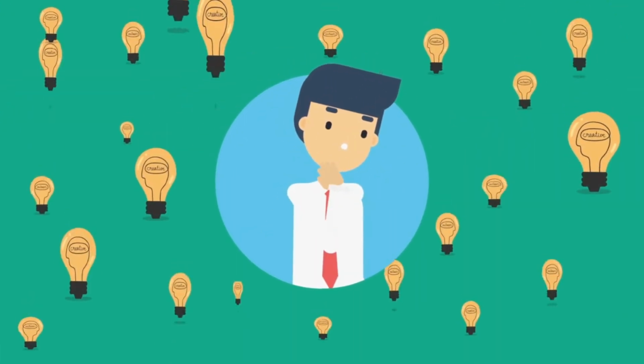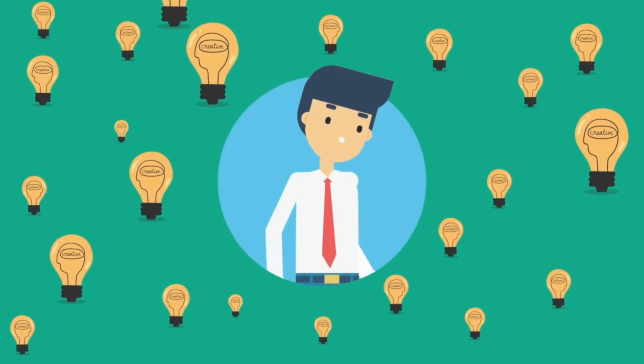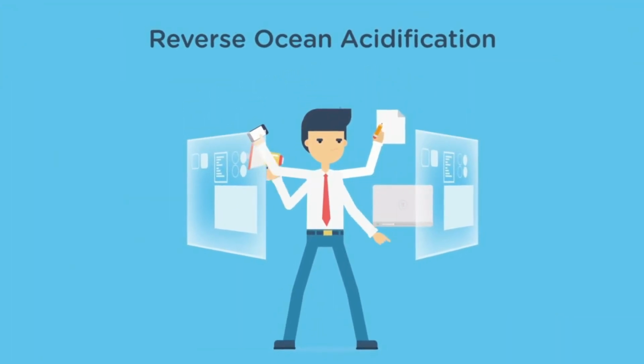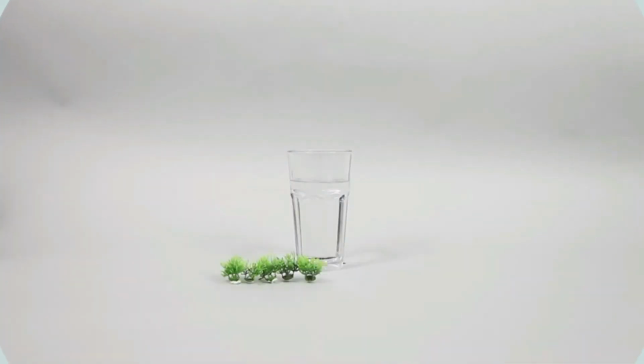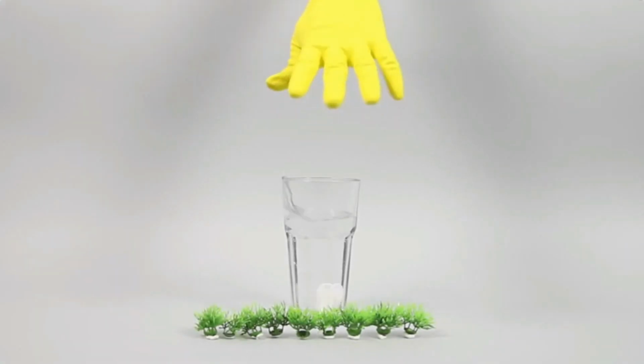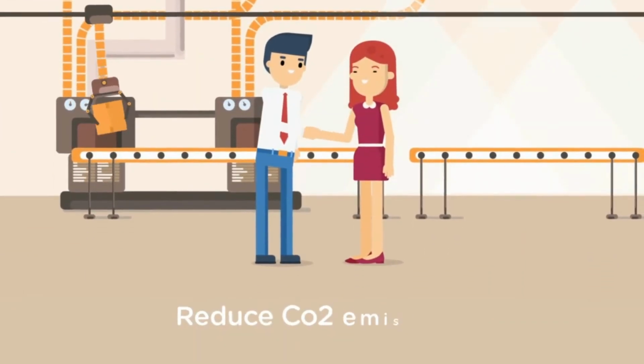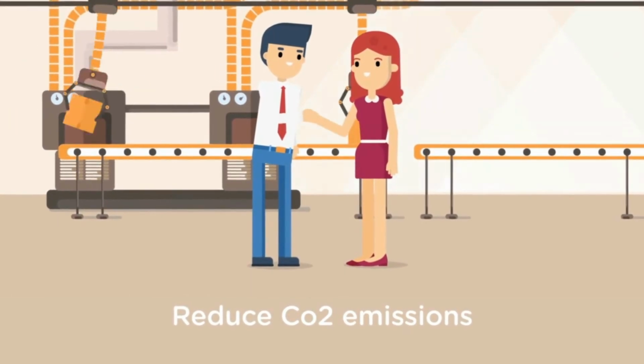This sparks the question of what we can do to reverse these effects or at least slow them down. While scientists have experimented with ways of offsetting some of the damages of acidification, they have only come up with prototypes for reversing it. Some of these involve planting seagrass meadows or basically using Alka-Seltzer to fight the ocean acid reflux. But the only real solution to slow down ocean acidification is to cut down on the CO2 in the atmosphere.